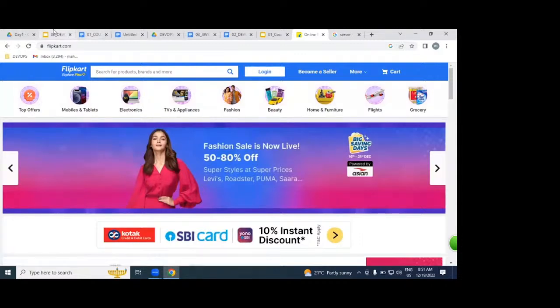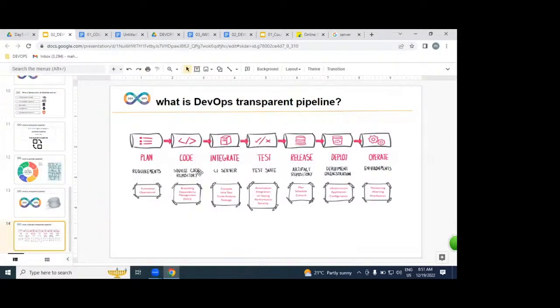Got it very clearly? What is the DevOps process? DevOps is a process which you implement from where exactly? Dev environment, and it ends with operation. That means we are part of dev environment, integration, testing, release, development, and operation. We implement DevOps as an automated, transparent pipeline.